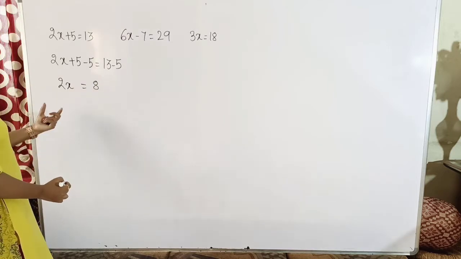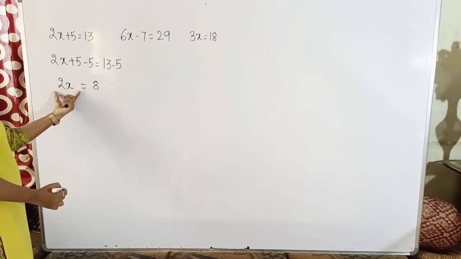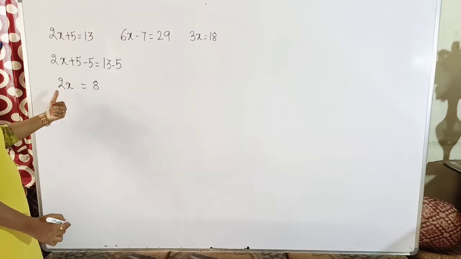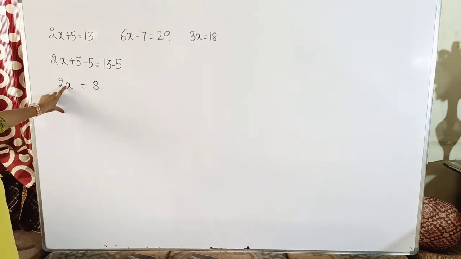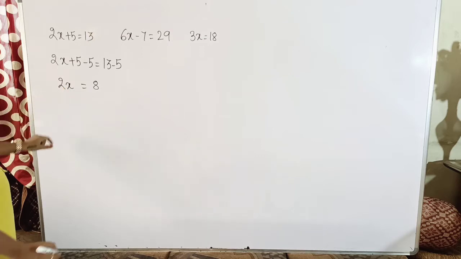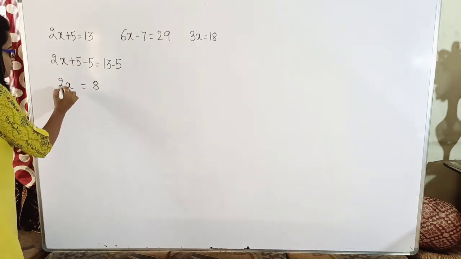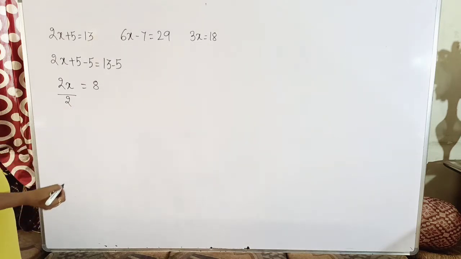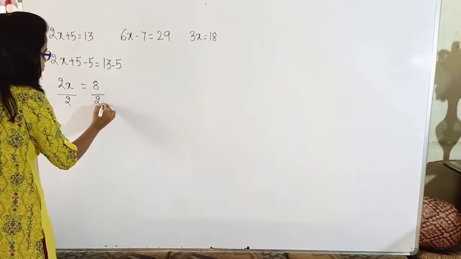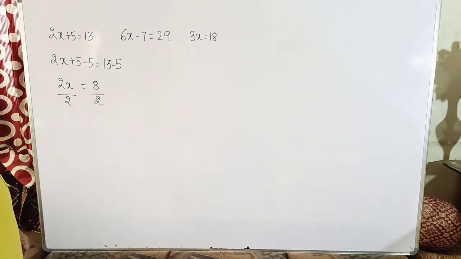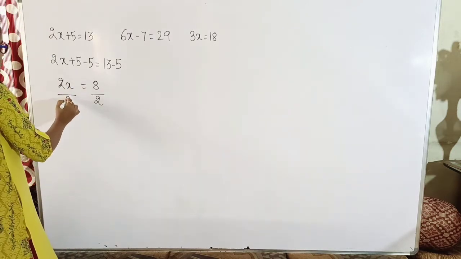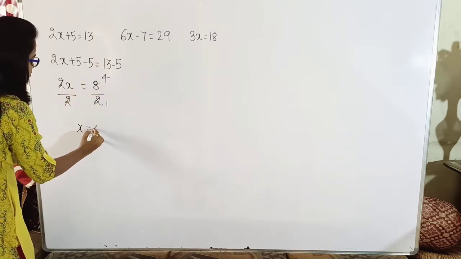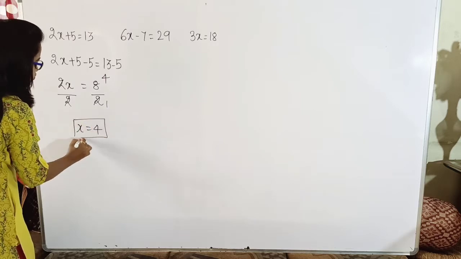Now next thing, again I just want x on this side, isn't it? Yes, I don't want 2. So if I have to cancel out this 2, it is in multiplication here. What if I divide it by 2? So that 2 will get cancelled. But can I divide just the left hand side? Again I will be changing the value. So to maintain the value, I have to divide the right hand side also by 2. So as you can see, 2 will get cancelled, and here 2 ones are 2, 2 fours are 8, which will give me the value of x, which is nothing but x = 4.